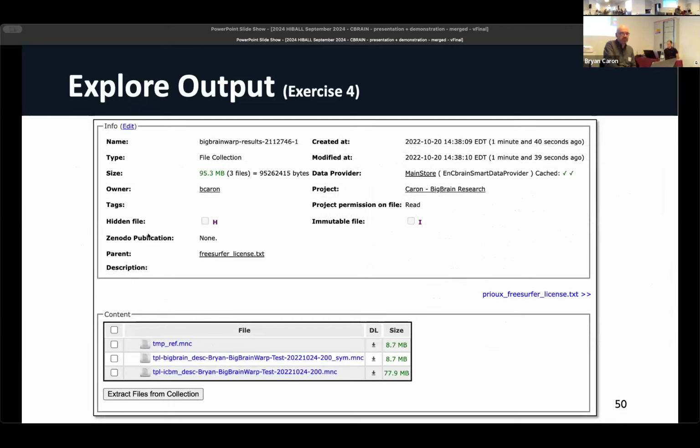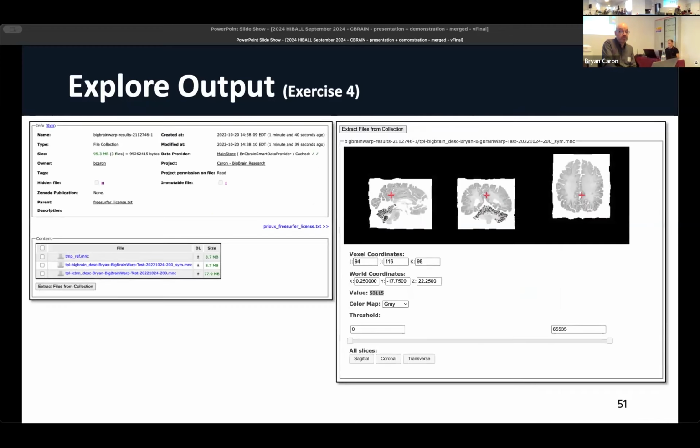And this is, for example, when I ran the output of the task for BigBrain work on this 200 micron file, I can see directly the output that was produced. Particularly in this case, the middle file. And then because of the built-in viewer, all I have to do is click on that file itself, and it will then display directly within the browser. So again, you don't have to download it to do the viewing. You can see the relationship, you can see the logs, all that information is tracked for you within CBRAIN.